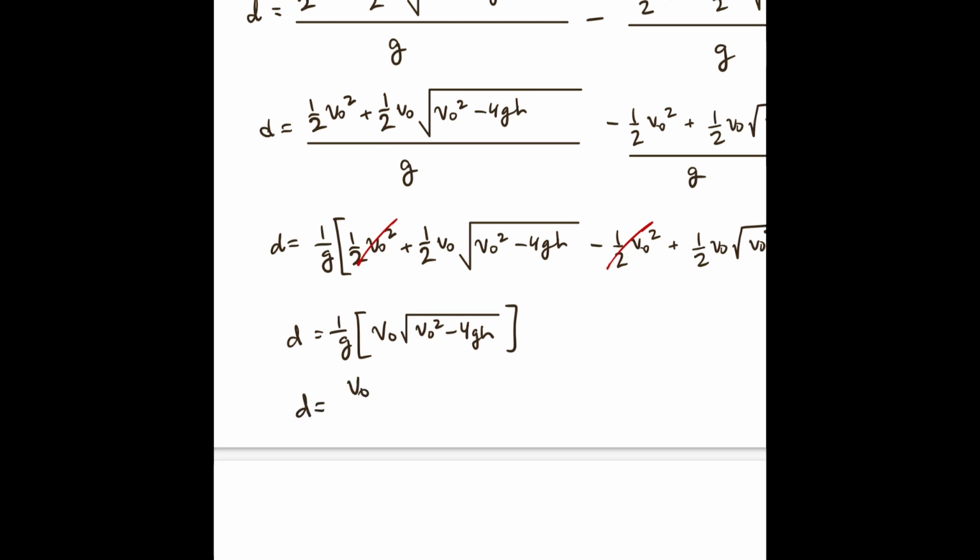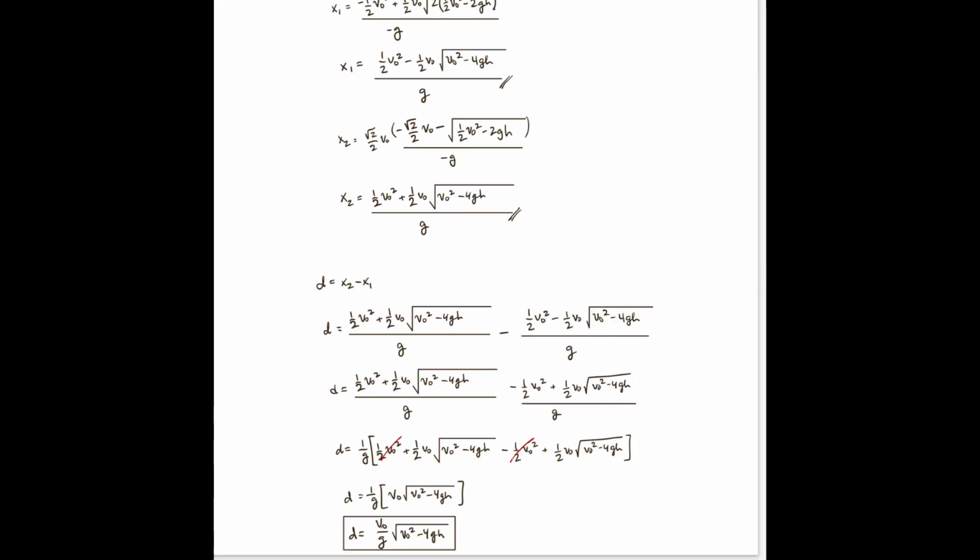Okay, so now we have 1 over g times v naught times the square root. And this is exactly v naught